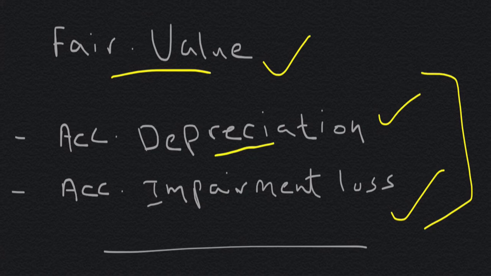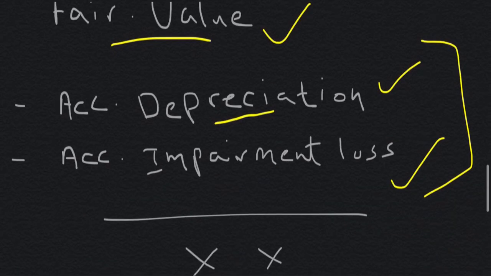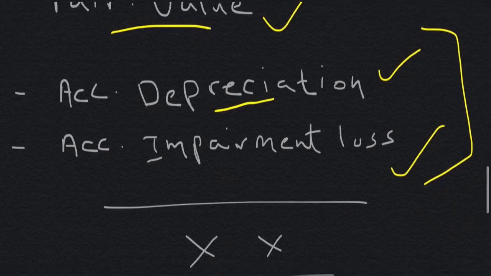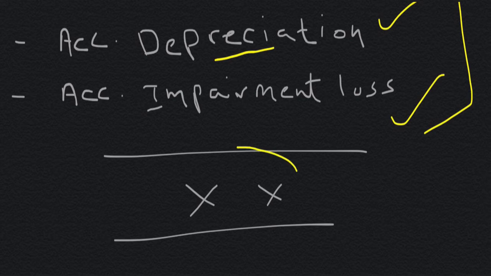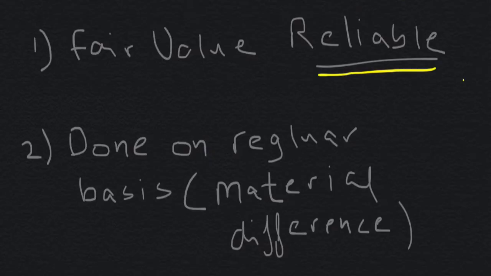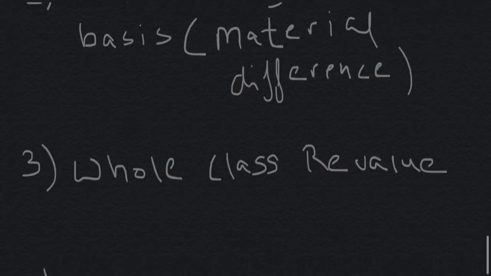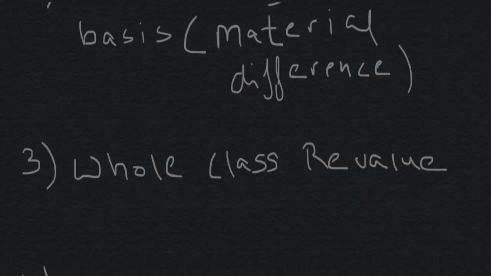So we will be subtracting from fair value the newly calculated depreciation and impairment loss, and the value derived here will be the new fair value at the year end of an asset. Now the third condition is that the whole class of asset must be revalued. By this I mean, for example, we have a building A which we want to revalue,